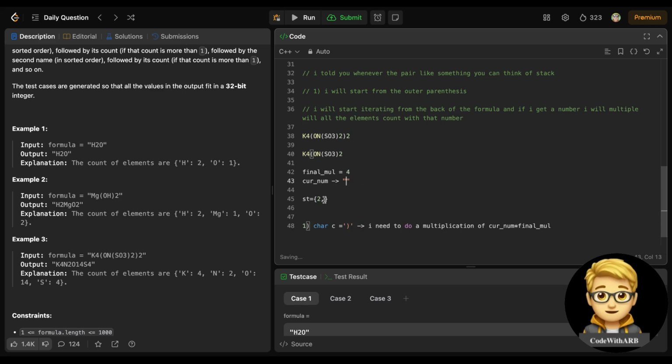Now we also need to store this current count with 2, because when we got open parenthesis, this needs to be divided by this element. So now the final multiplication is 4 here, and we removed this parenthesis from here, right? Now one thing you note here, that we still have a 3 number, right? This is 4, and this is a closed parenthesis. It means